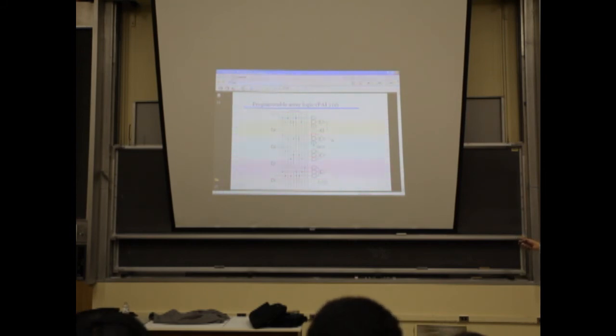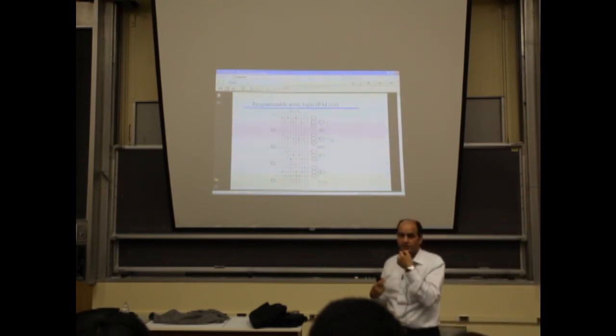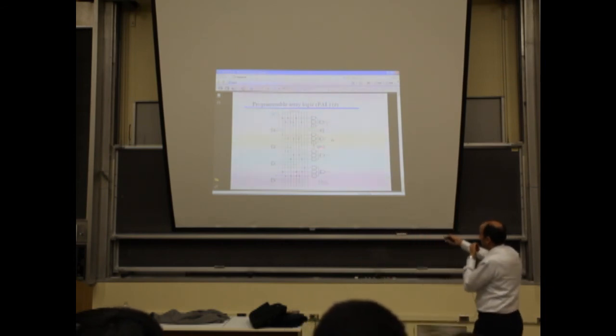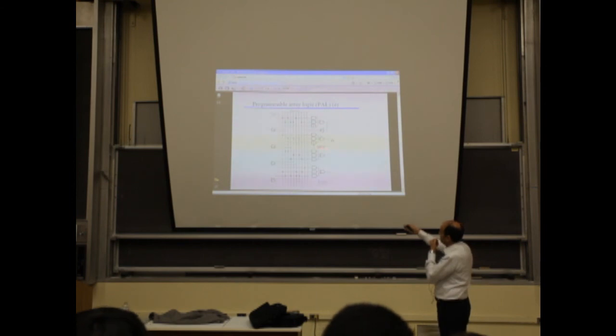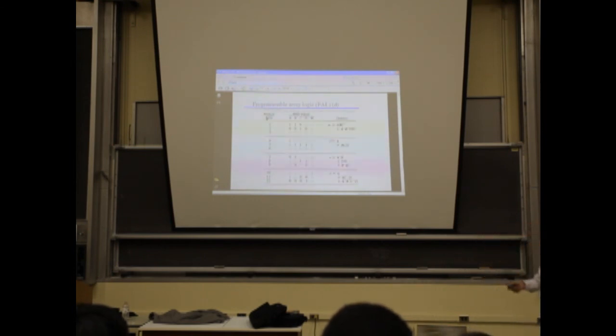Okay? But remember, the ones that you don't set, they will be producing 0 implicitly because they are inputs to an OR. And that's what this one is saying. All fuses are intact, which means it will always produce 0 as a result. So there is one block which has ORs in it. There is another one that has ORs in it. There is another one that has ORs in it, and we have to program the ANDs, okay? So every